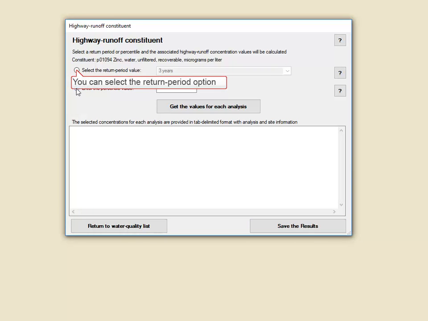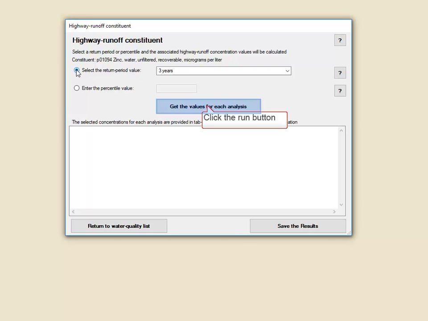First, we will select the risk of exceeding a return period value. Please see the SELDM manual for the explanation on storm event return periods. In this example, we will use a return period of one event in 3 years because that is a commonly used ecological threshold value. When we click the Run button, the Interpret SELDM program digs through all the analyses in